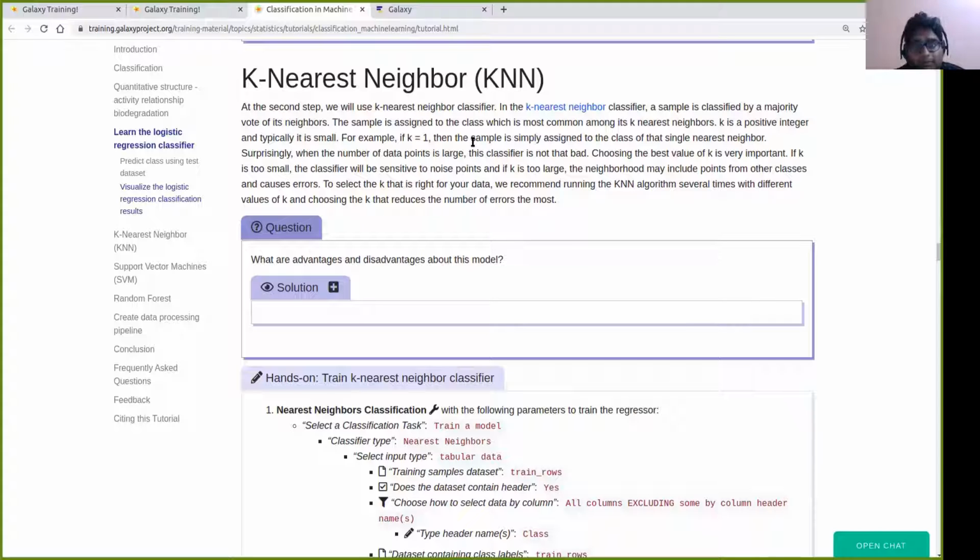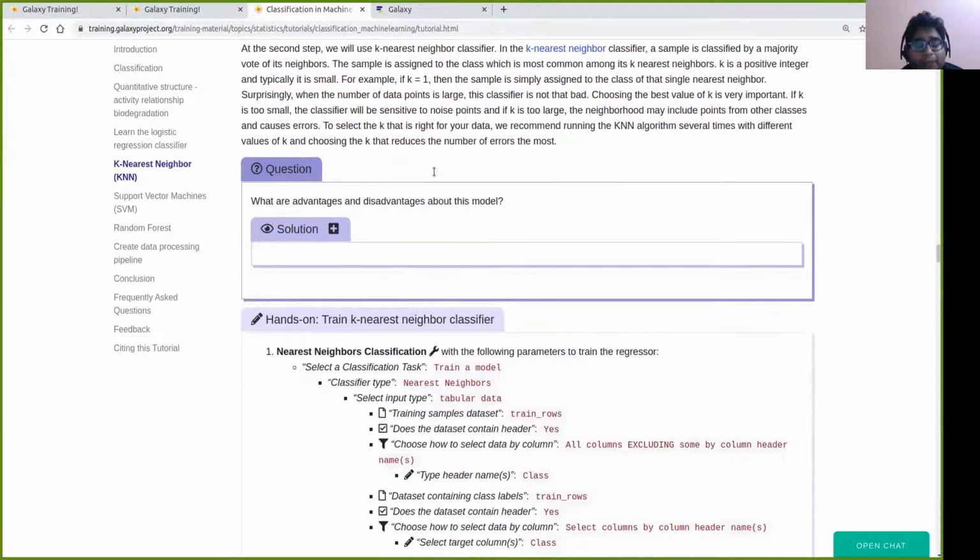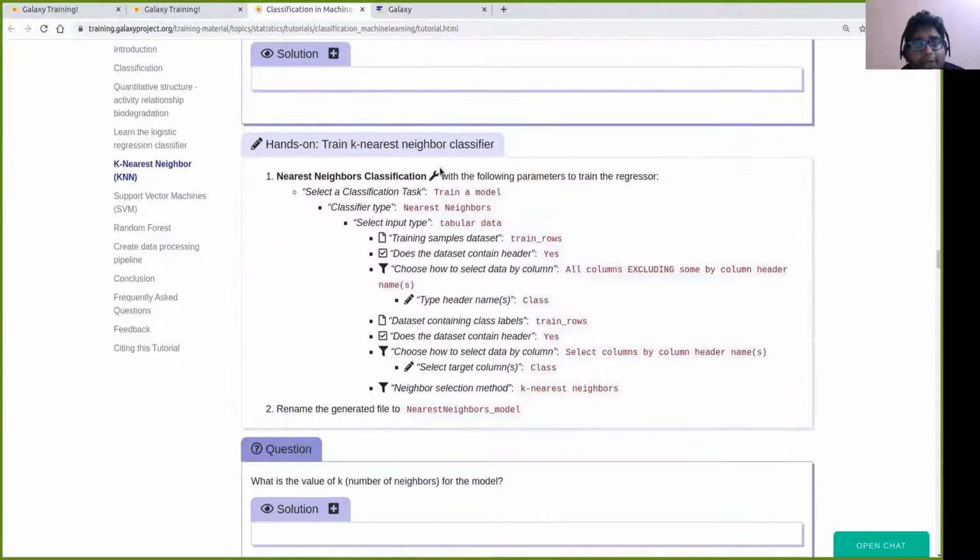Therefore, we need to be able to find the right K for each data set we are trying. Let's do some hands-on for this particular algorithm. To do that, we need to find the right tool. We will see the nearest neighbor classification,